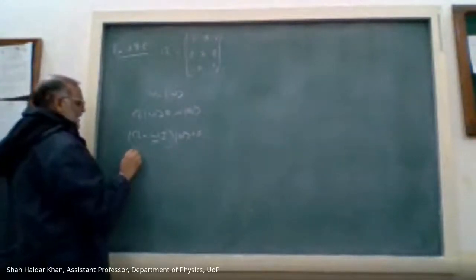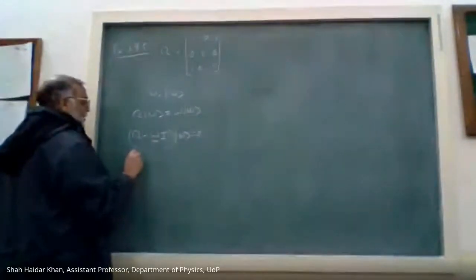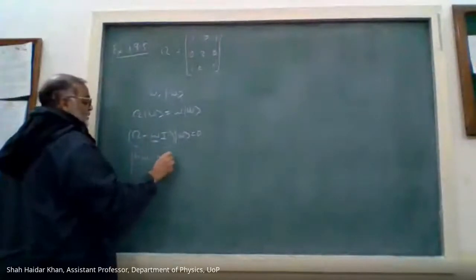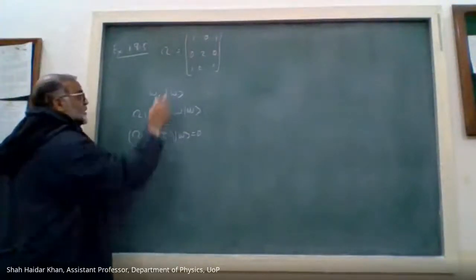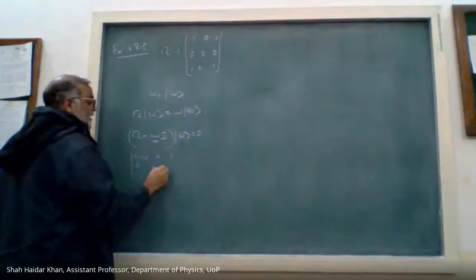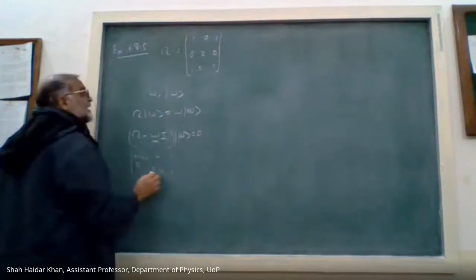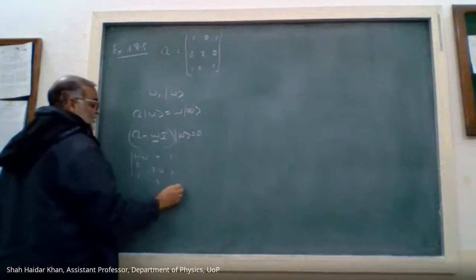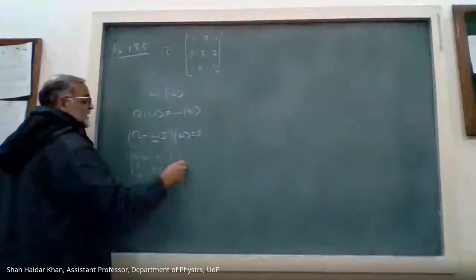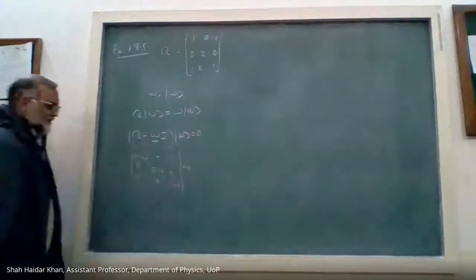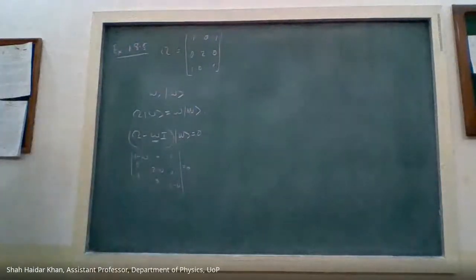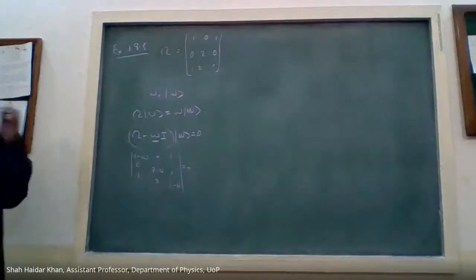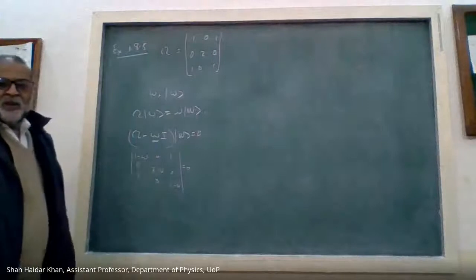So it would be the determinant of 1 minus omega, 0, 1; 0, 2 minus omega, 0; then 1, 0, 1 minus omega. That is equal to 0, right? If we solve this determinant, we will get